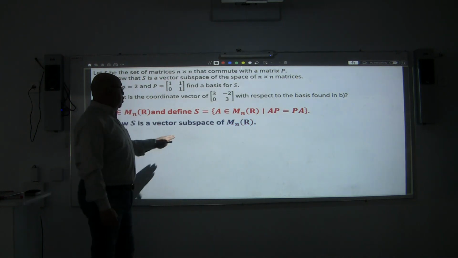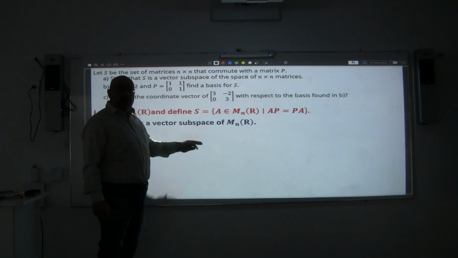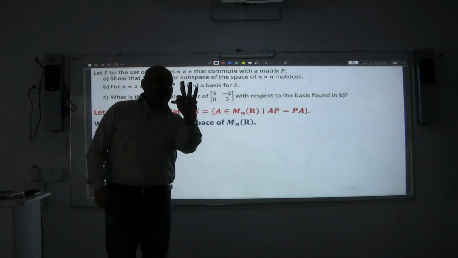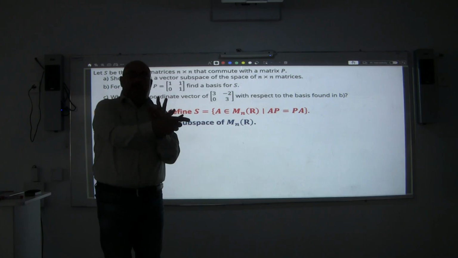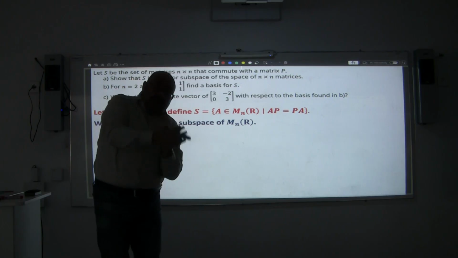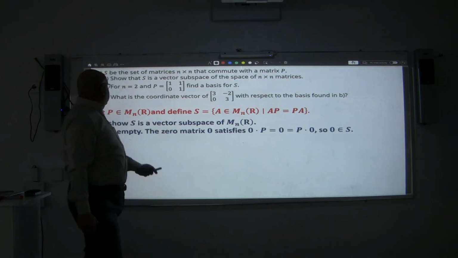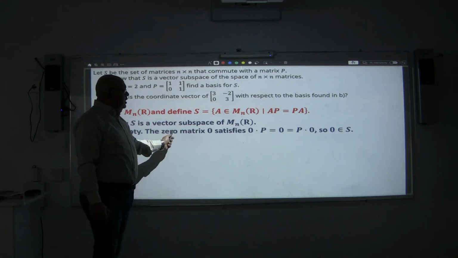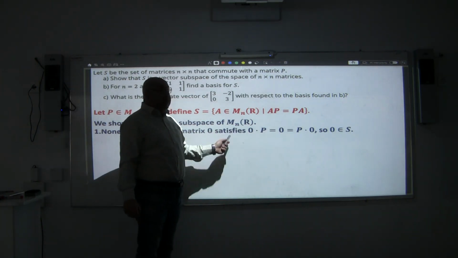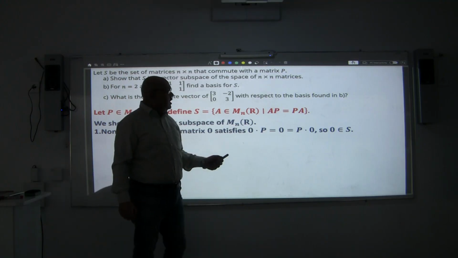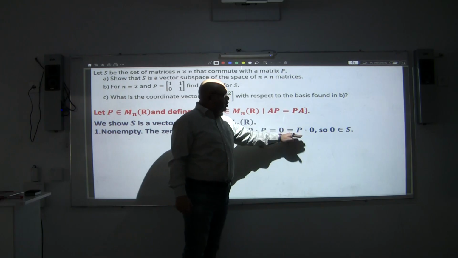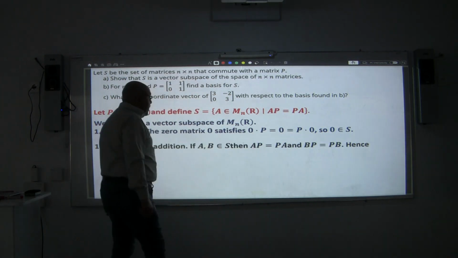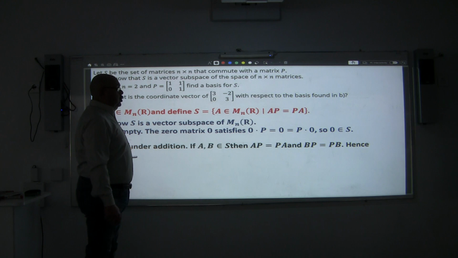First of all, in order to show it's a subvector space, we need three things, if you remember: the origin exists in this subvector space, the addition closure, and the multiplication by scalar closure. So, non-empty set: the zero matrix satisfies this relation. If A is the zero matrix, then 0 times B will be equal to B times 0. So already you have your origin. Number two, the closure of the addition property. If I have two